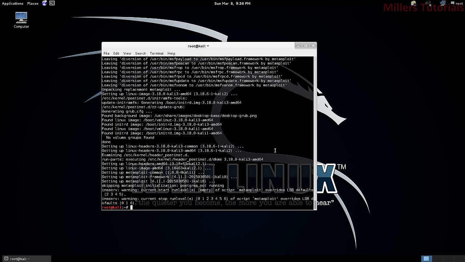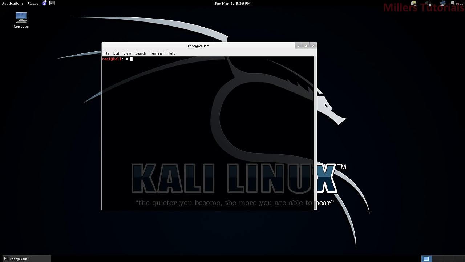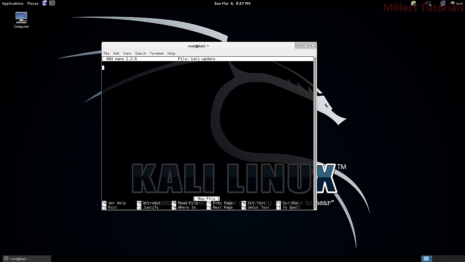Okay, so now that the update is complete, we can clear this terminal and we can start scripting this process so that we don't have to type out apt-get update, upgrade, and dist-upgrade, etc. So we can do this. I'll use my favorite text editor, Nano. So nano, and then the name of the script we want to create. I'm going to call it kali-update. Go ahead and hit enter, and since this is a bash script, we're going to start it off with a shebang, #!/